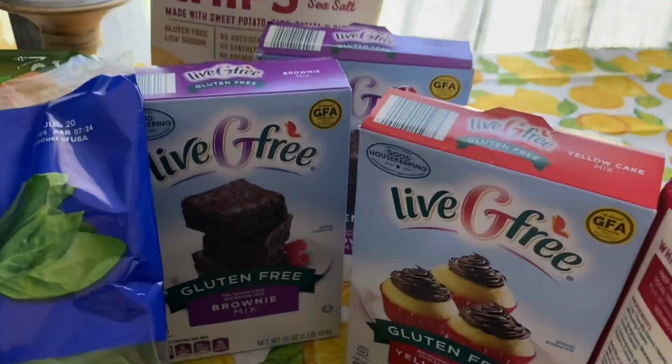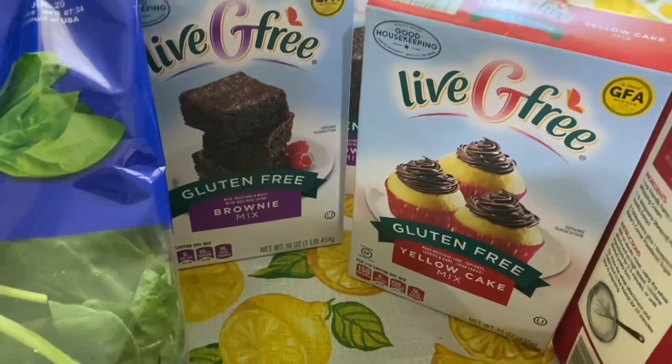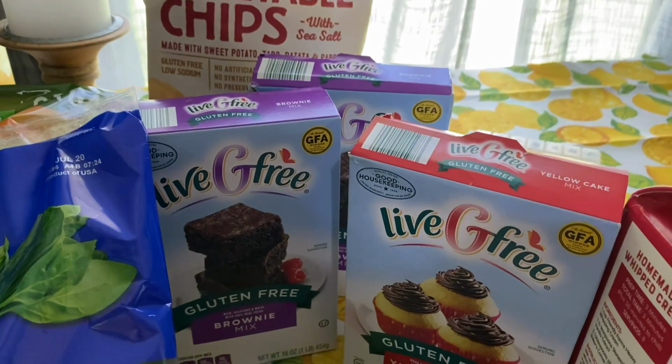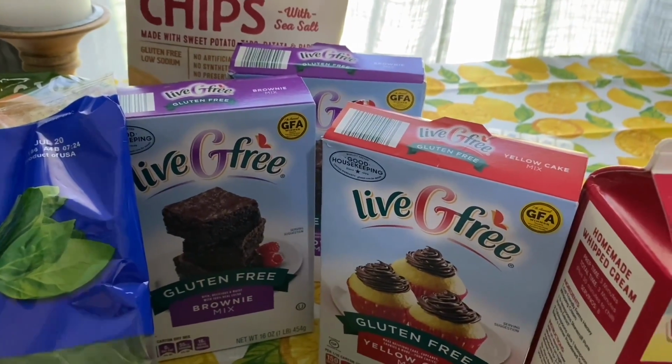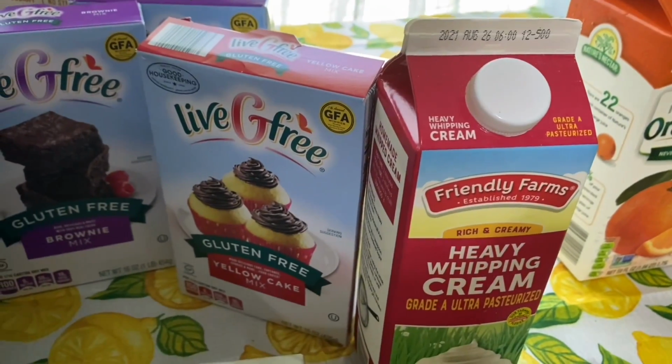These gluten-free mixes, the brownie and the yellow cake mix, I am excited because I'm going to try Frugal Fit Mom's gluten-free recipes for desserts. That's for those. And also the heavy whipping cream is for that. And that was